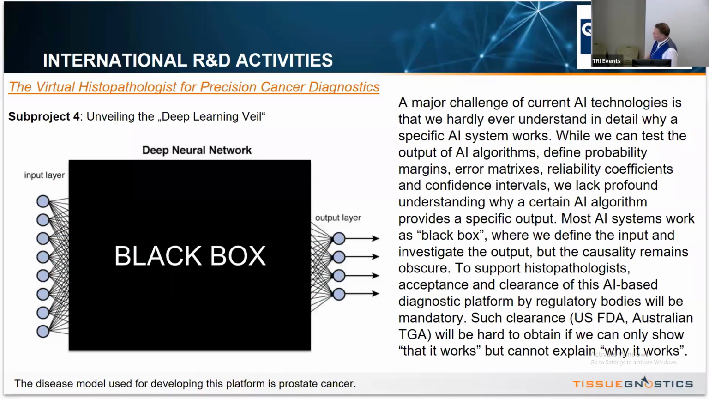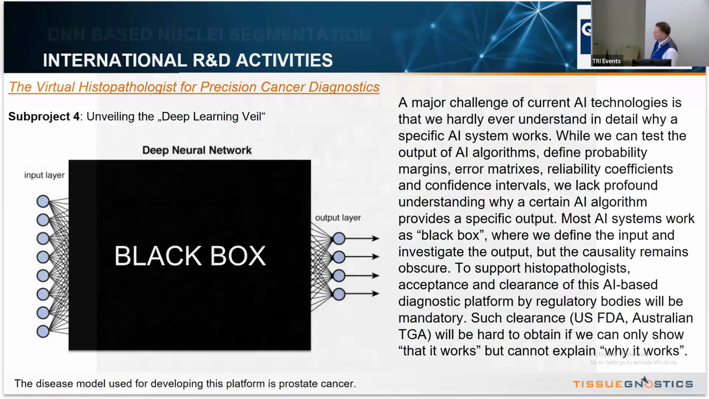And there is also another sub-project, which I would call purely academic. It cannot really be sold, but it's still important, also from a commercial point of view, when we talk about regulatory bodies like the US FDA. We try to better understand what actually happens in a deep neural network, where we define the input and see what comes out, but what happens in the network is a black box. And I want to give you